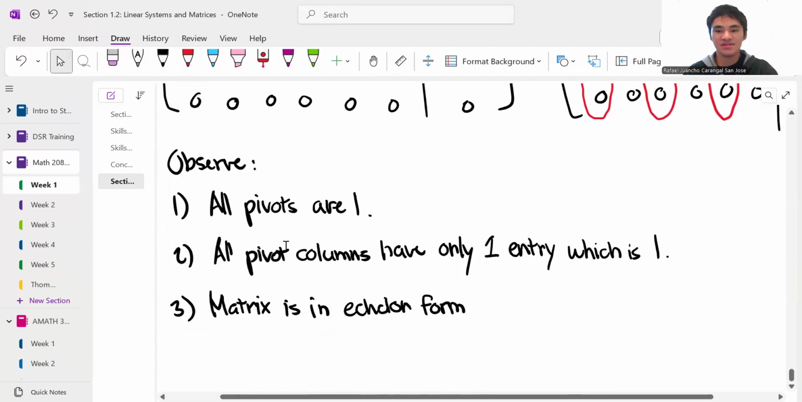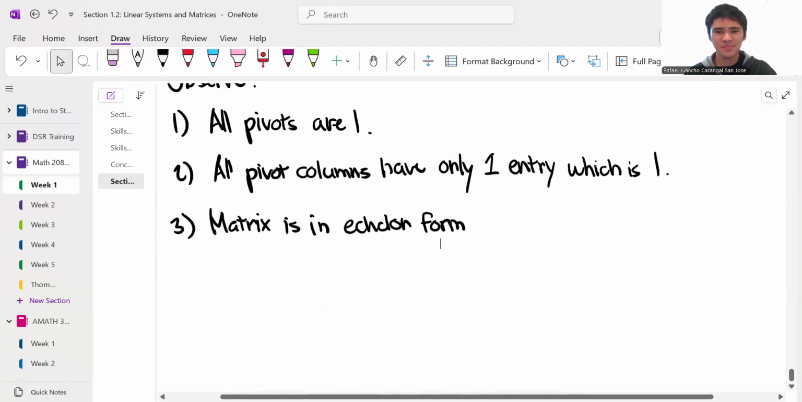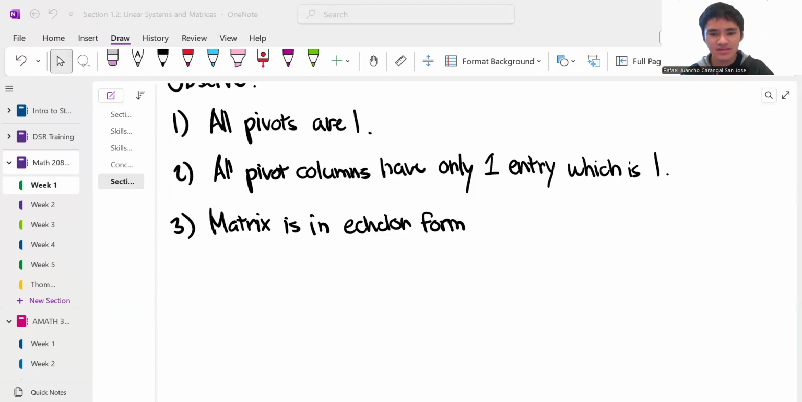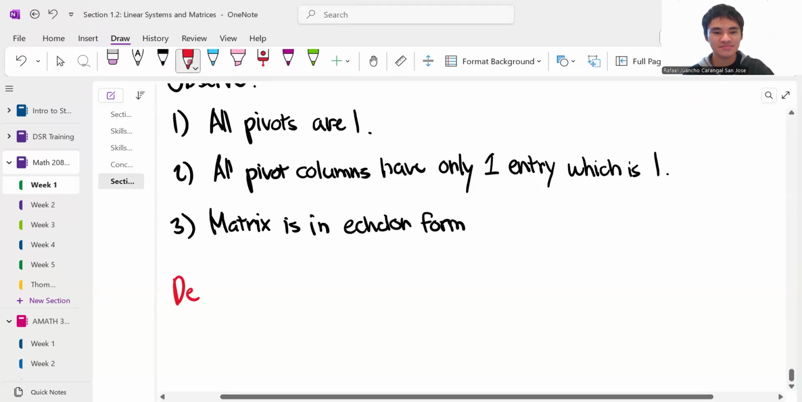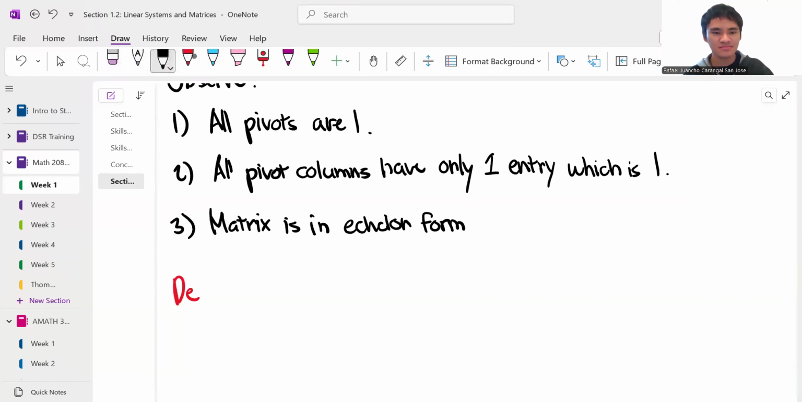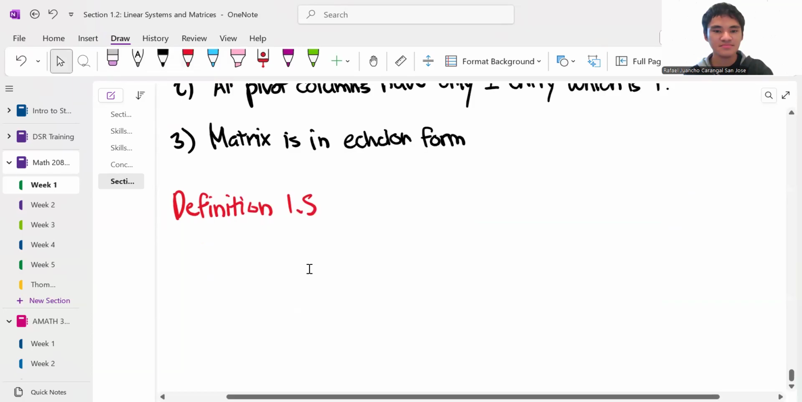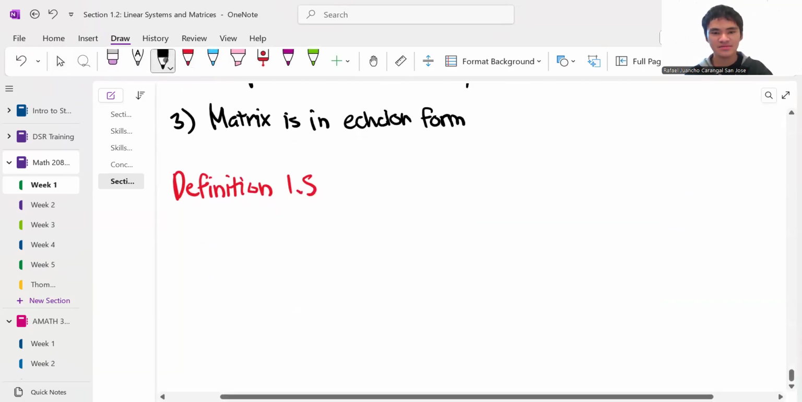And considering that we've seen these observations, actually, let me just write it out. Here's the actual definition for it. So these three observations mean something. They have a meaning to them, right? So here's the meaning. You have a definition here, 1.5. I don't know why they put these numbers, but basically, a matrix is in